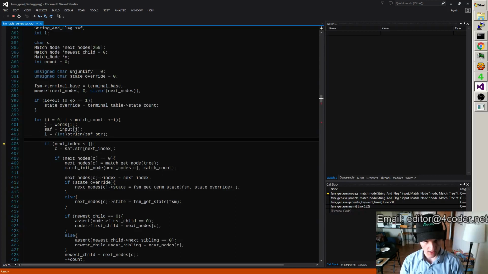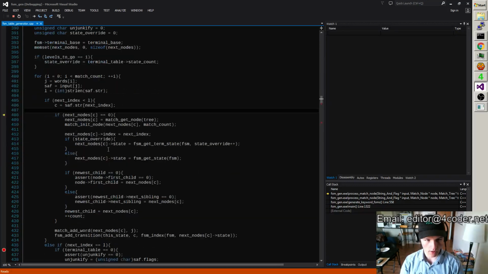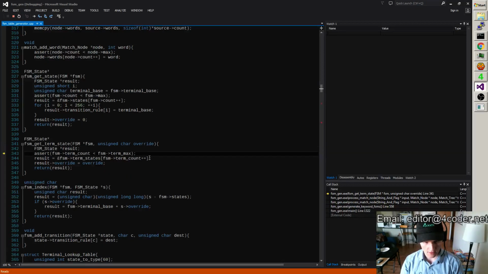So the next index we're looking at is 1, and this is still a 4. We're looking at the true, I assume. How many words do we have? There's 9 words, okay. So you get C, which is R for true, and next nodes is not set yet, so we grab a new node, we initialize it, we set the index to 1 on this node. State override is true, so we get a new terminal state off of this terminal state stack, and then we set its override to 29,